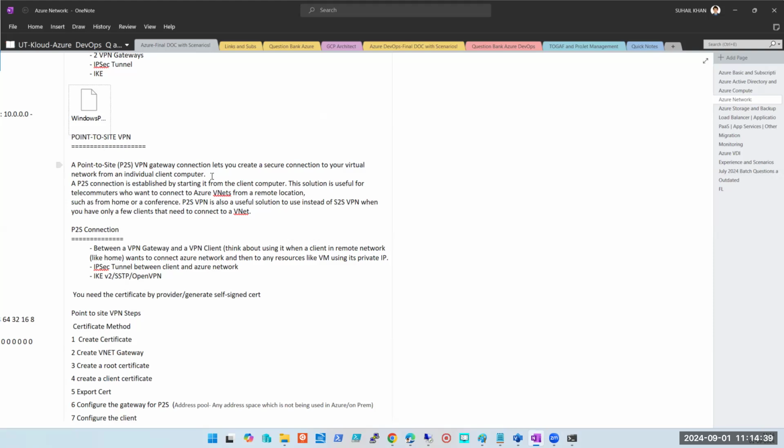The moment I say this is VNet A and this is VNet B, these two become different sites, okay? Because what is running in VNet A, VNet B does not know. These are two different sites. So I can connect those sites using VNet peering as well, and I can connect those sites using VPN as well. So that is site to site VPN or site to site connectivity. Both terminologies are correct. In this also, point to site connectivity or point to site VPN, both are correct. Is this clear, guys?